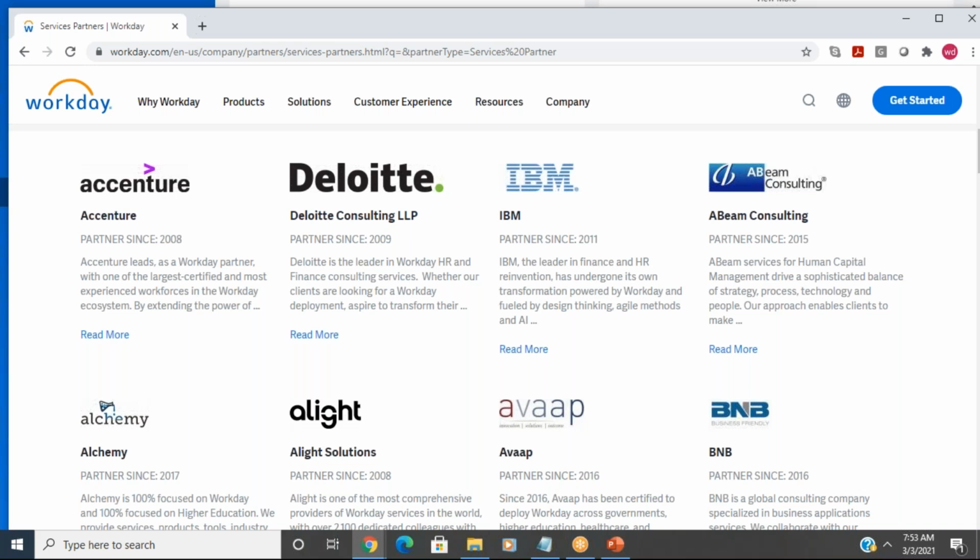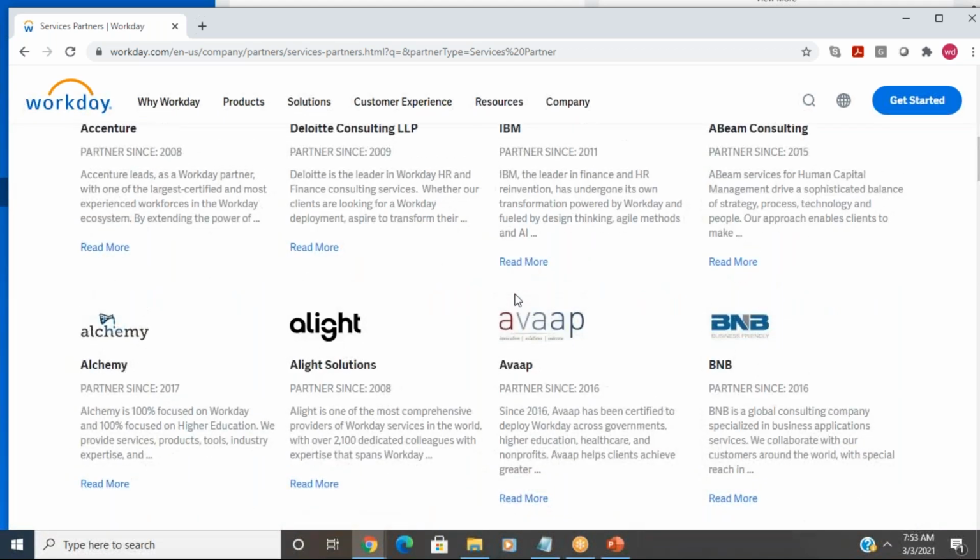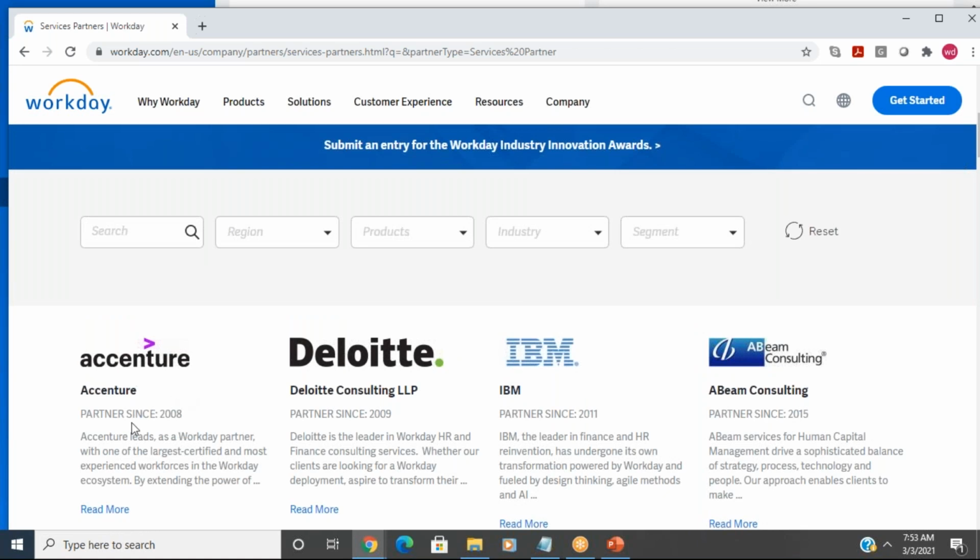For example, Maruti Suzuki would like to implement Workday. Workday suggests going with any of these partner companies: Accenture, Deloitte, IBM. They will implement it. For example, Maruti Suzuki selected Accenture as the partner. Maruti Suzuki is using SAP now, and Accenture will implement Workday. So basically, Accenture is going to help Maruti Suzuki start working on Workday. Yes. From tenant setup to everything, they will do the implementation, and on the backend Workday will review it at each phase.